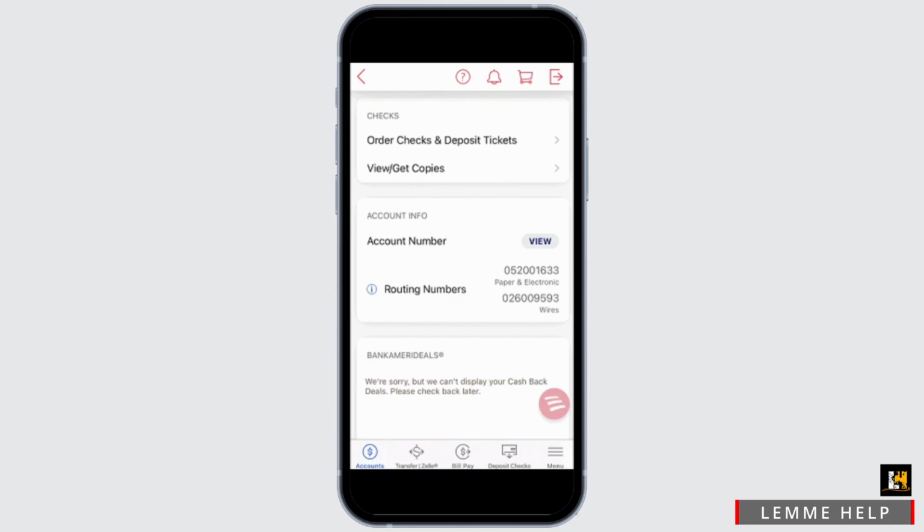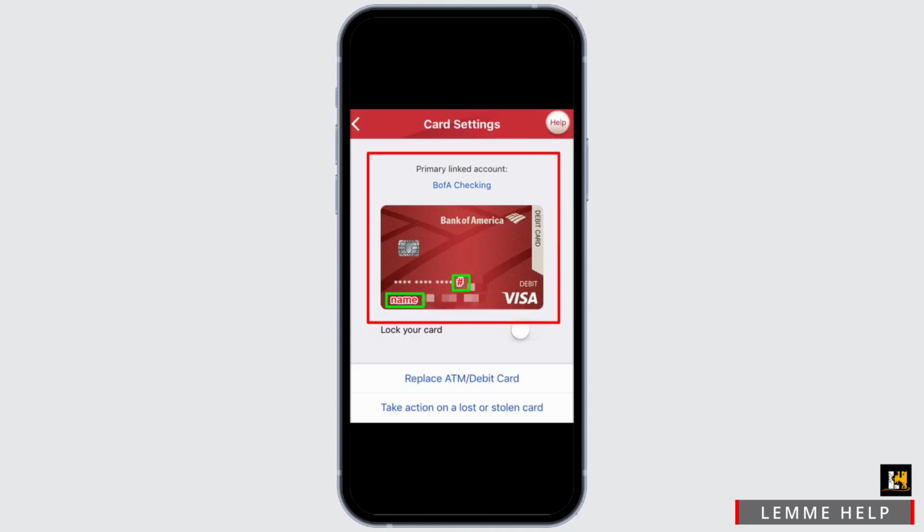Tap on the Accounts tab or similar, depending on the update of your app's layout. Tap on Account Details or Card Details next. This might be represented by an icon or button associated with a specific card. Within the Card Details section, you will find the full card number displayed prominently, typically along with the expiration date